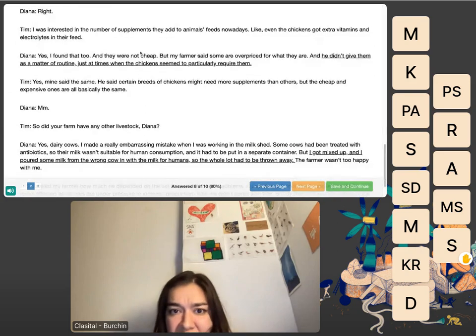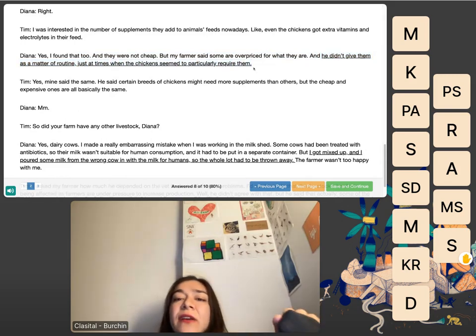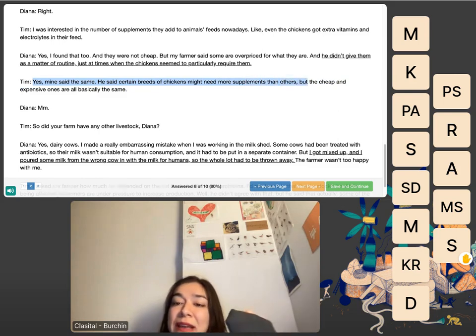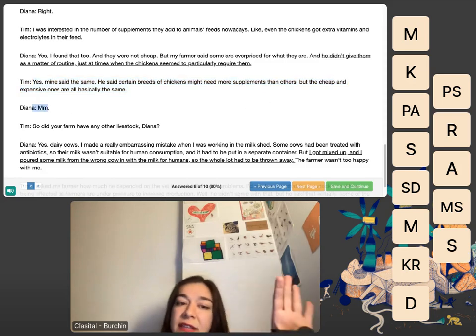They were not cheap, but the farmer says some are overpriced for what they are. And he didn't give them as a matter of routine, just at times when the chickens seemed to particularly require them. Tim says, yes, mine said the same. He said certain breeds of chickens might need more supplements than others, but the cheap and expensive ones are basically the same. And Diana says,